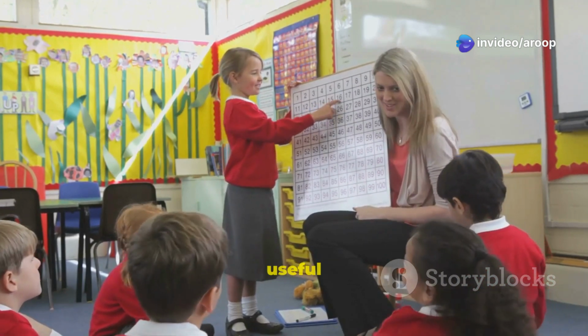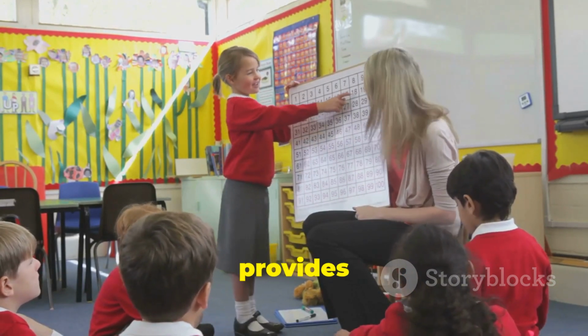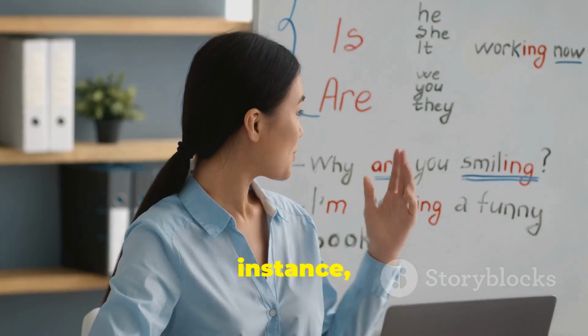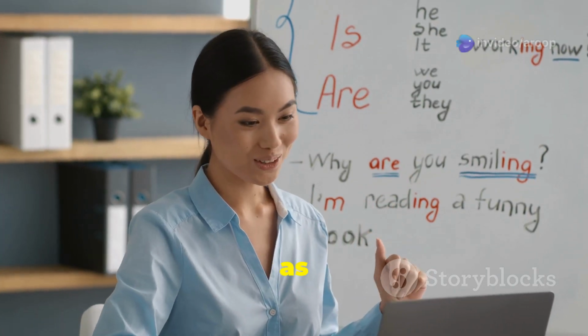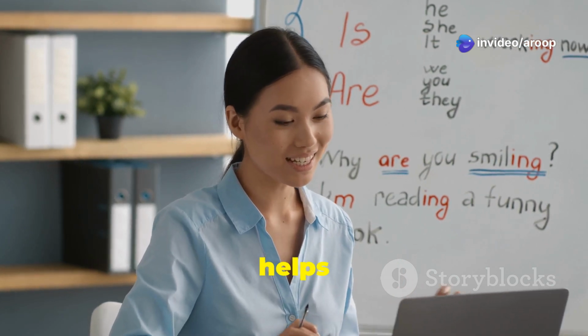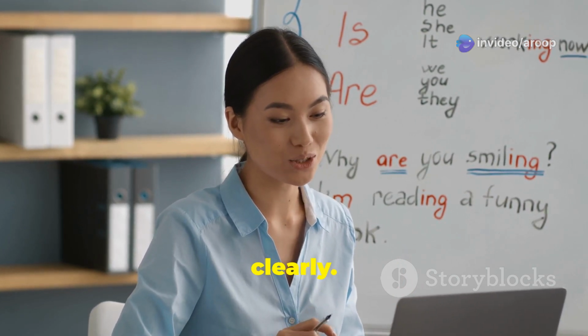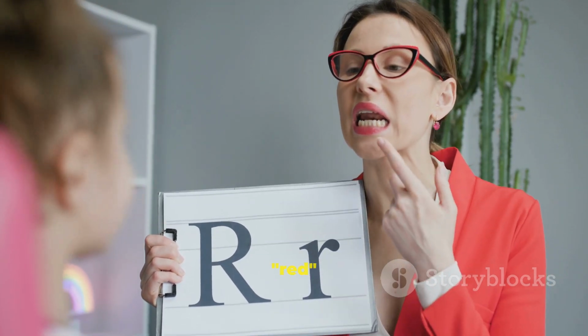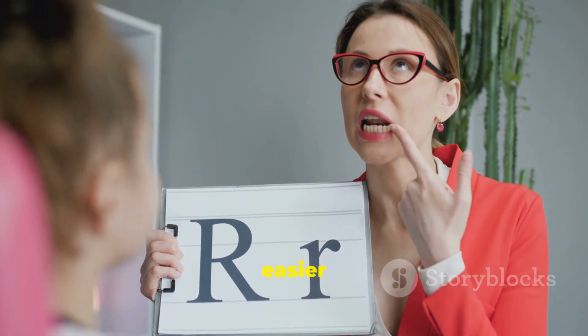This can be incredibly useful for learners of English, as it provides a clear and consistent way to understand pronunciation. For instance, the word read can be pronounced as read or read, depending on the tense. The IPA helps to distinguish these sounds clearly. By using the IPA, you can see that read is RID and read is read, making it easier to understand